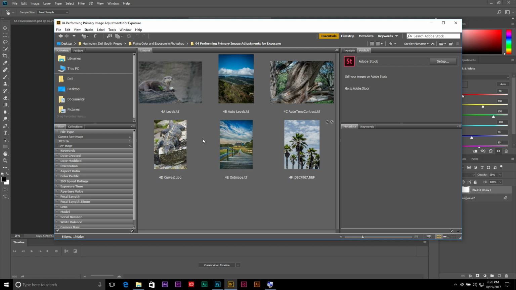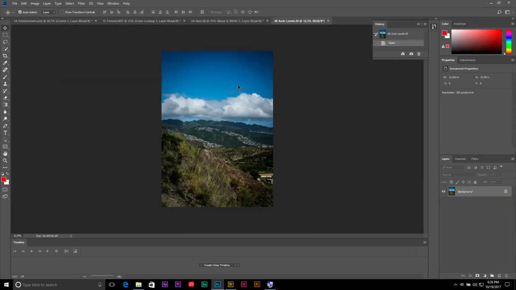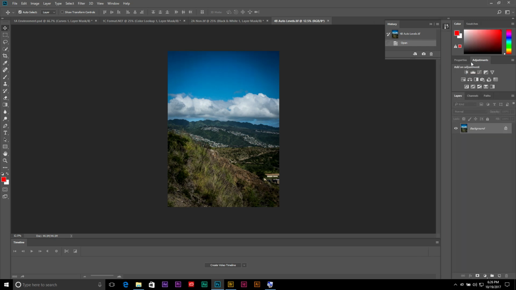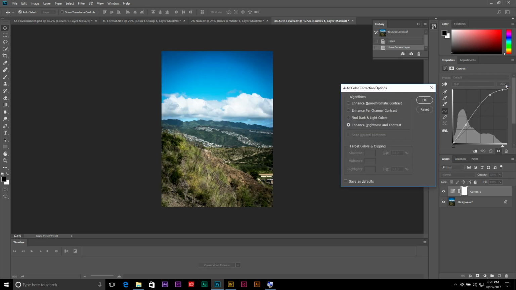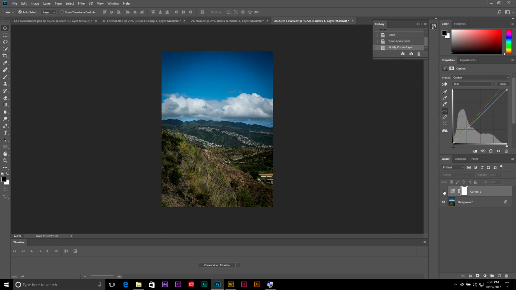And this time, we're going to go with a non-raw file. Okay? So let's open up this one here called Auto Levels. And it's a little dark and muddy. No big deal. Using our adjustment layers, we can choose the Curves tool here and Alt-click on the word Auto. And I'm going to say Fix Per Channel Contrast, Snap Neutral Midtones. Look at how it removed the color cast. The browns are brown, the grass is green, the sky is blue. Photoshop is pretty smart when you have a well-toned image, and it can find all of that stuff for you